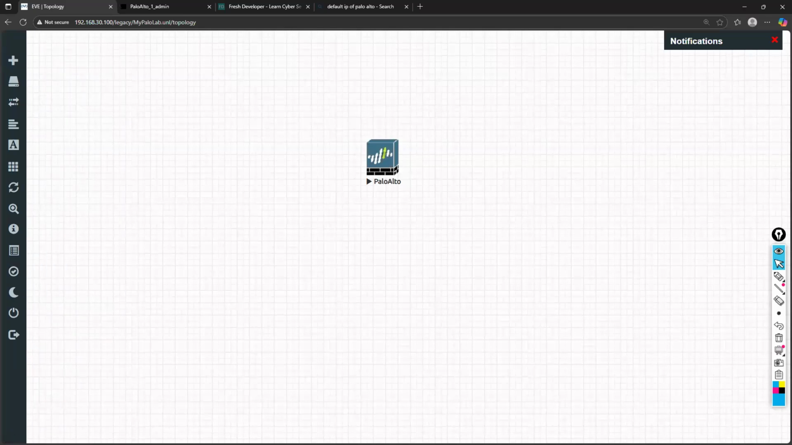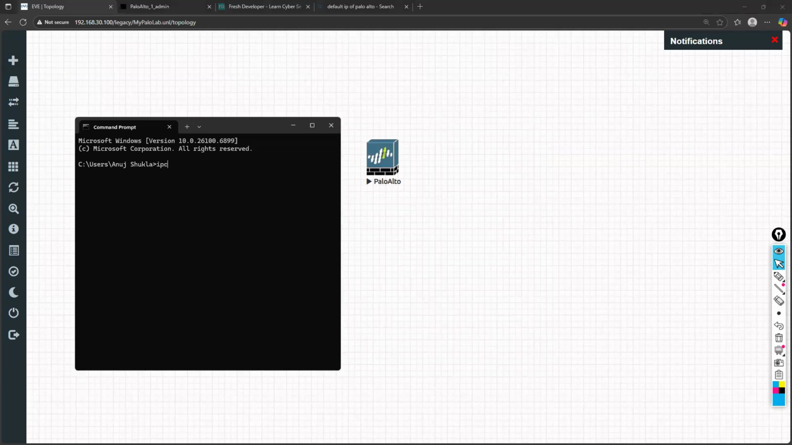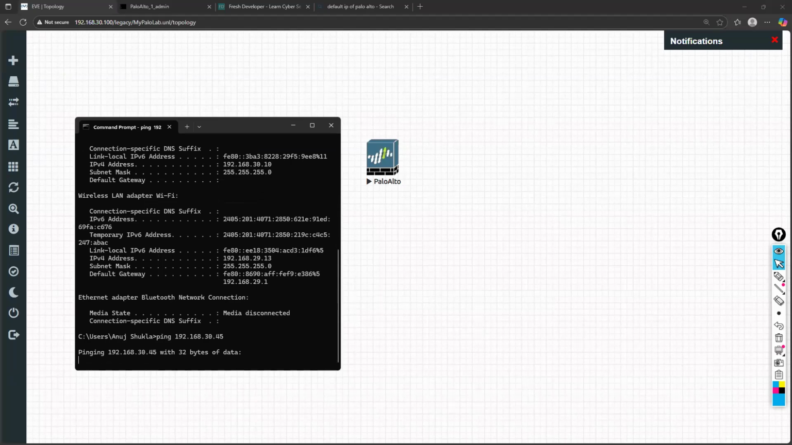So if I ping it from my machine, what is my IP? ipconfig. Okay, this one, 192.168.30.10. Focus on this one, not this IP. This is my Wi-Fi IP, so focus on that one. 30.10 is my IP. Can I ping my new IP, 192.168.30.45? I cannot,